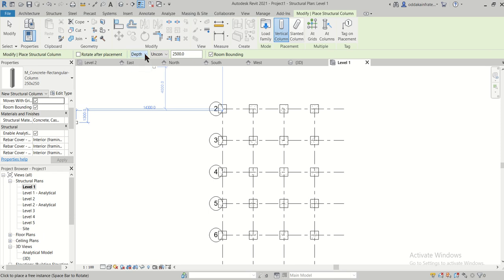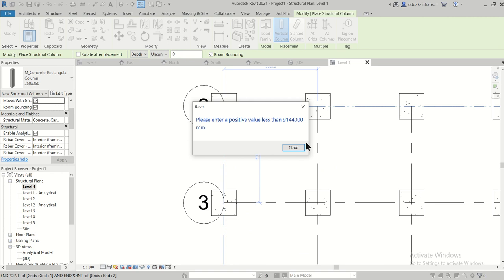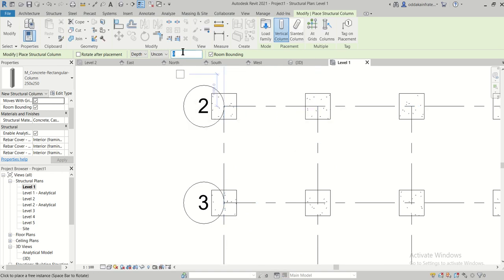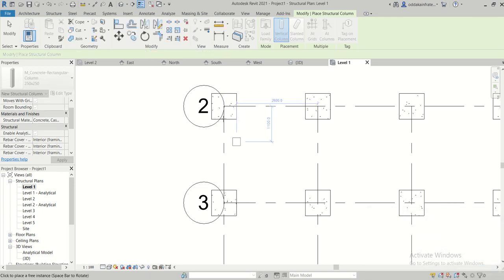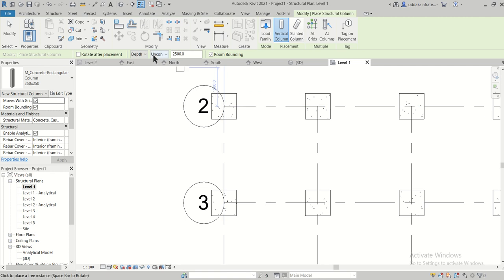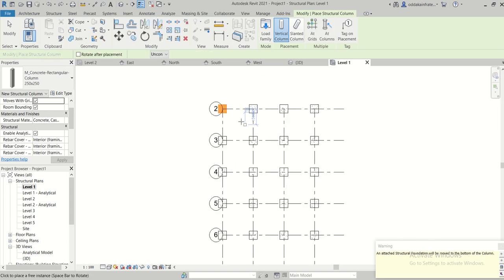So here, just give this as a 0, and for viewing, I'm just inserting one column here, and you can just give this as level 5, and as you can see, this attached structural foundation will move to the bottom. So to avoid that, what we can do here